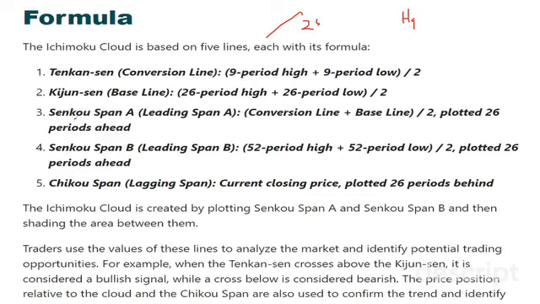Senkou Span A, or leading span A, will add these two: conversion line plus base line, divided by 2, and plot it 26 periods ahead. Similarly, Senkou Span B is 52 periods. One is a leading indicator and the other takes a lag. So you subtract this, then you get a simple cloud. We'll be using this cloud for our intraday swing also, and these two for scalping.